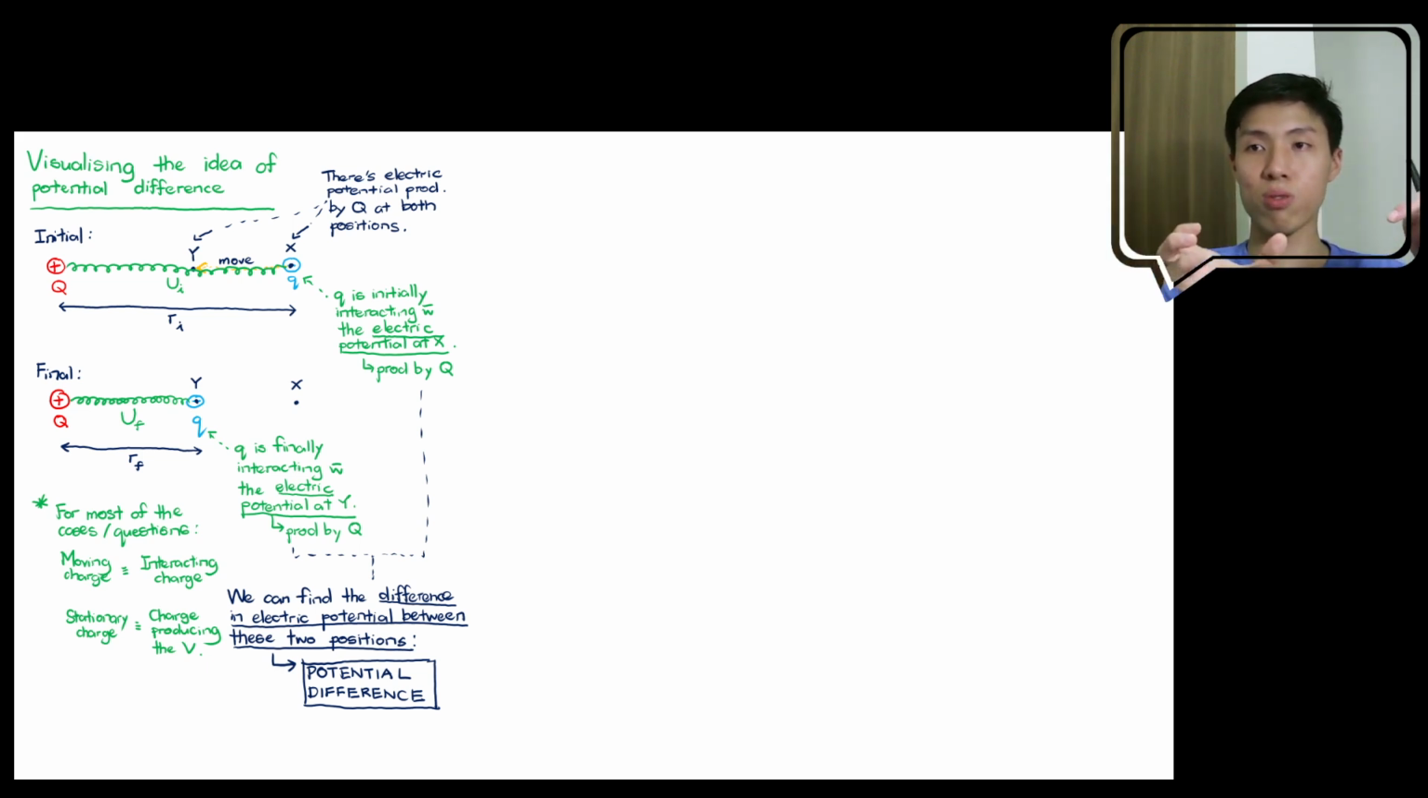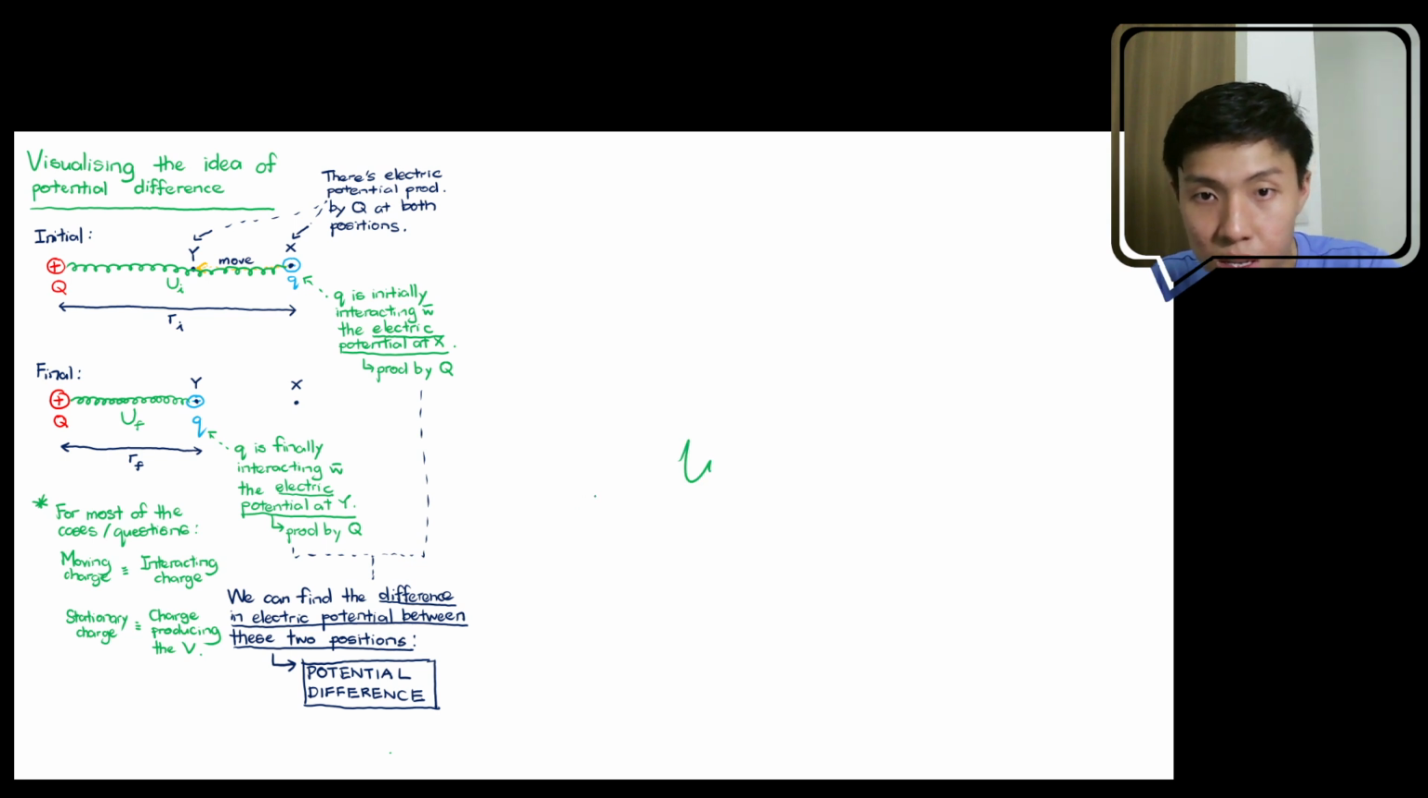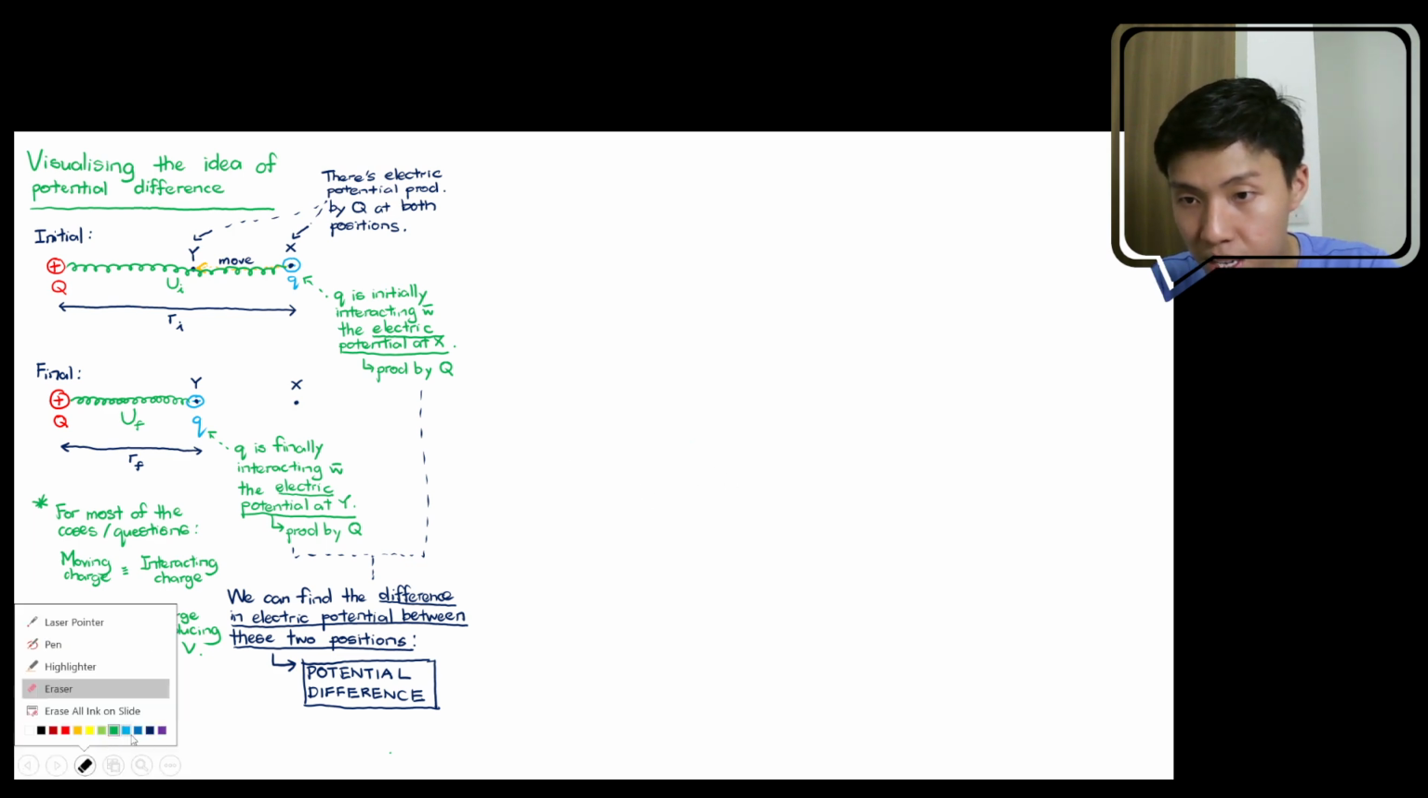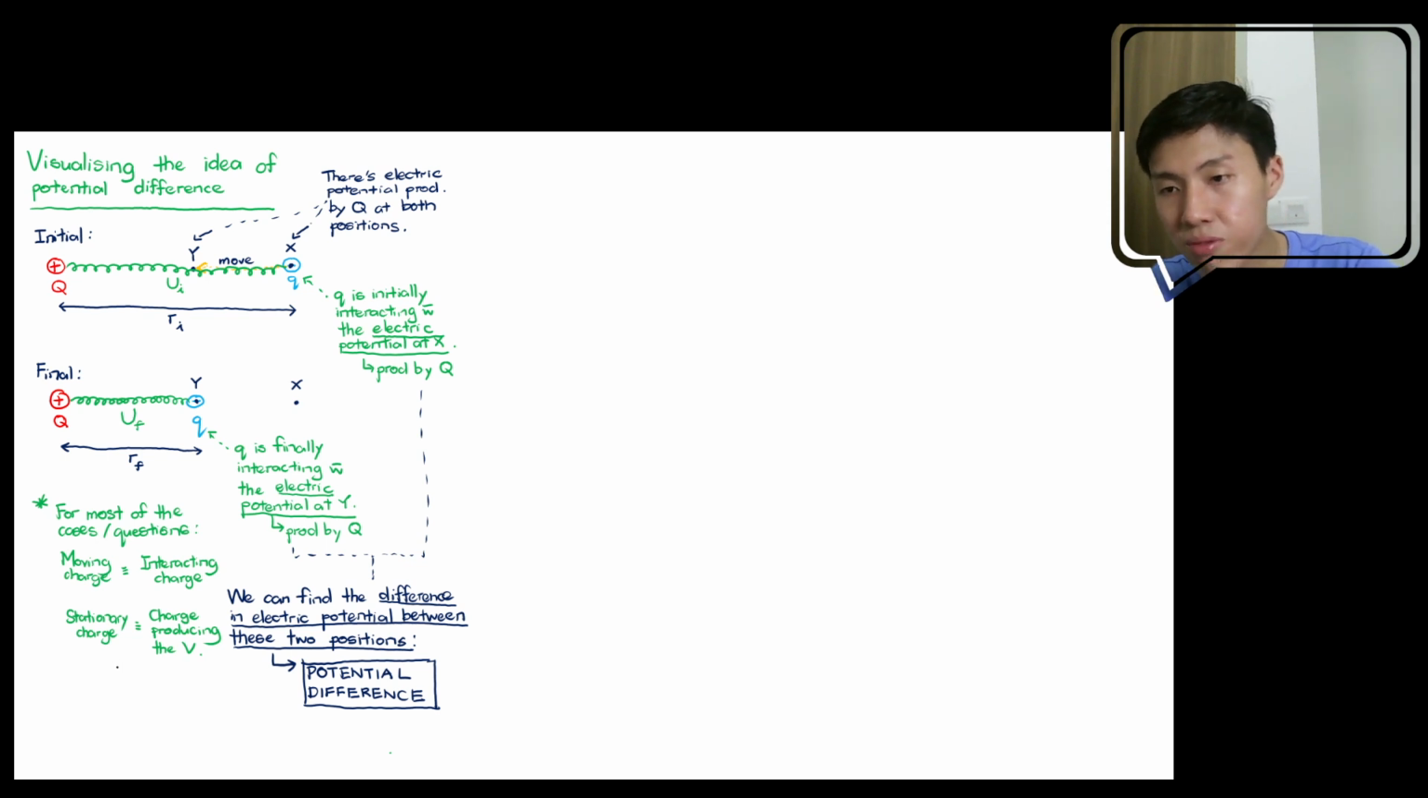If you find the difference between them, the value here is called potential difference. That's why, I'm slightly steering off the topic a little bit. That's why if I talk about any kind of experiment,